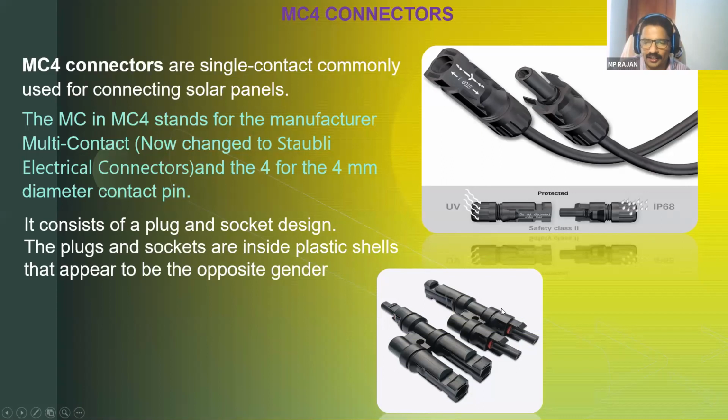If you want to connect in parallel, like multi-branch, different types of connectors are available. Here you can take two DC inputs together, connected in parallel, and there will be one output, one for positive and one for negative. Sometimes it is called a multi-connector, sometimes a Y-connector. For parallel connections, we can use this type of connection.